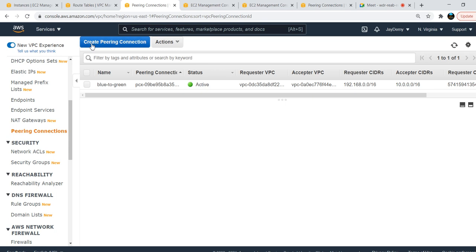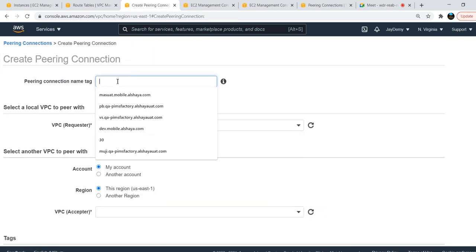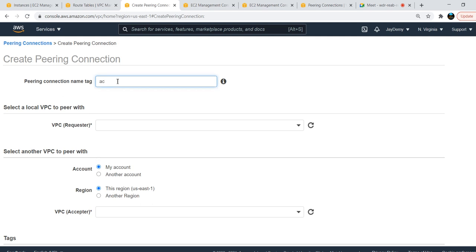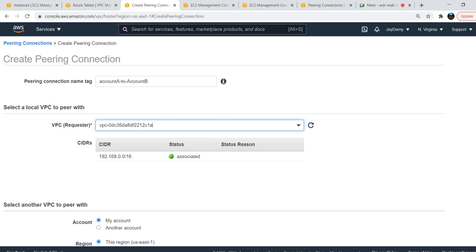So now the third one is to create a peering connection from account A to account B. Requester is my VPC, assume.